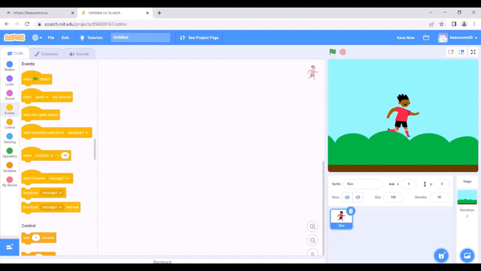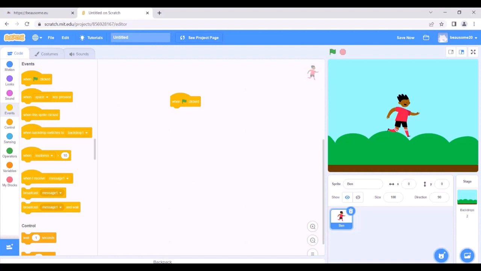Choose that block and move it to our coding area. This block here means that when I click this flag, do the following actions. So this is an important part of our code.